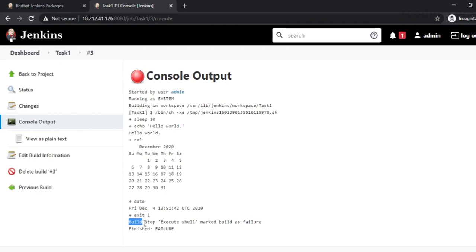There are some problems, so we can go to the console output and see what exactly caused its failure. As I was talking about exit 1, the build step execute shell, that was our build step, marked the build as failure because I exited the process with an exit status of 1. So this was a failure.